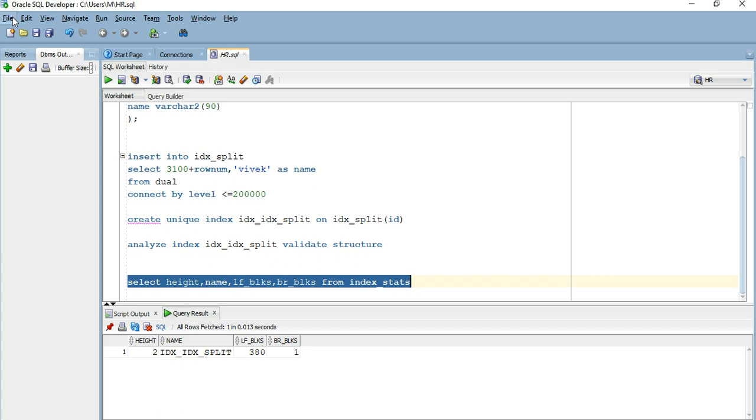A new block was created, and based on the data or the type of index, we can have two splitting strategies: 50-50, 90-10 or 99-1. Usually with numerically increasing columns, Oracle opts for the 90-10 or 99-1 split strategy.